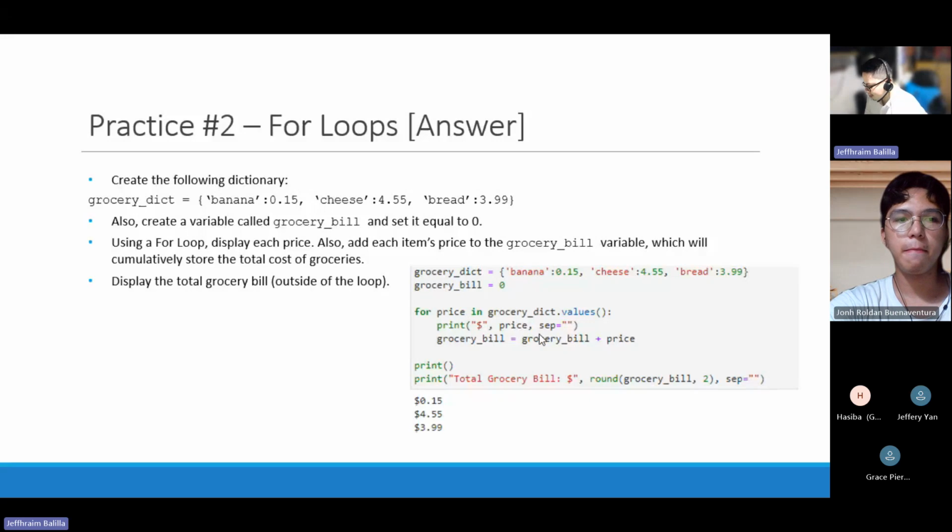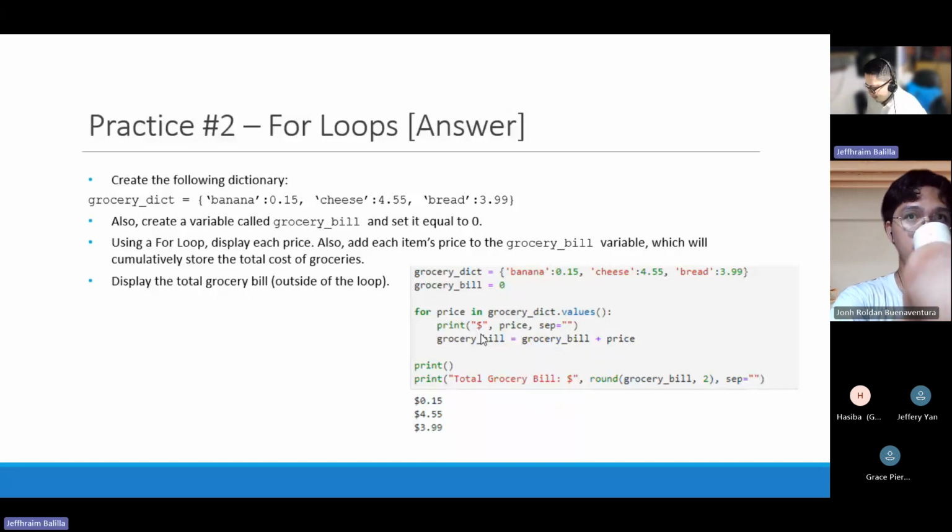And then we created the loop. Since we just want to iterate over the values, that's why we used for price. Again, the iterator could be any name, any letter. So in grocery underscore dict dot values, it will just go through each of the values that we have.